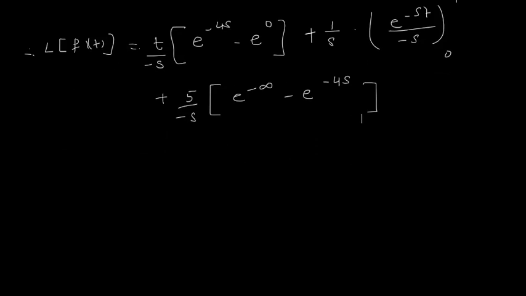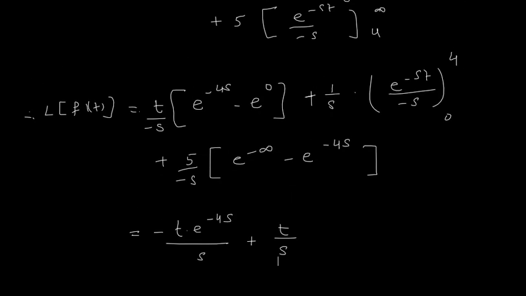Now let us see, this is equals to, now I will open the bracket, it is minus t into e raised to minus 4s whole divided by s, then plus e power 0 is 1, so it is plus t upon s, then here we have 1 upon s,